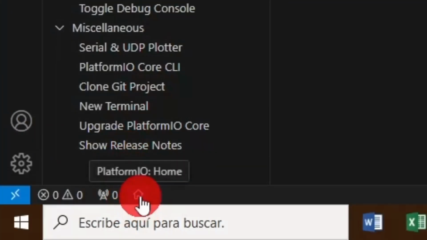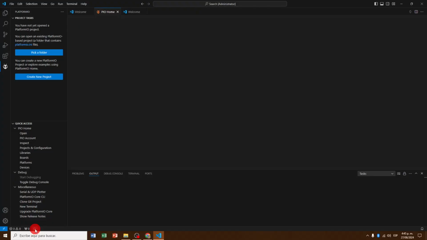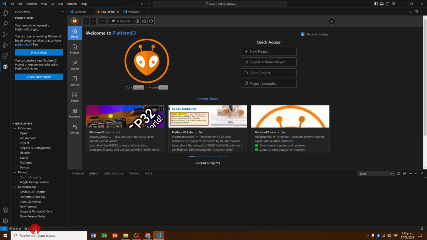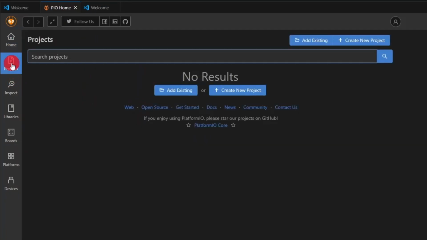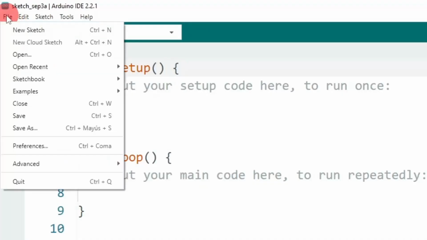In the lower horizontal bar, we find the house-shaped icon for the Platform.io Home tab. If we click on it, the Home tab is displayed, along with a vertical bar of options, in which we find the Project Management option. Here all the projects that we develop from now on will be listed, and from which we can manage them,